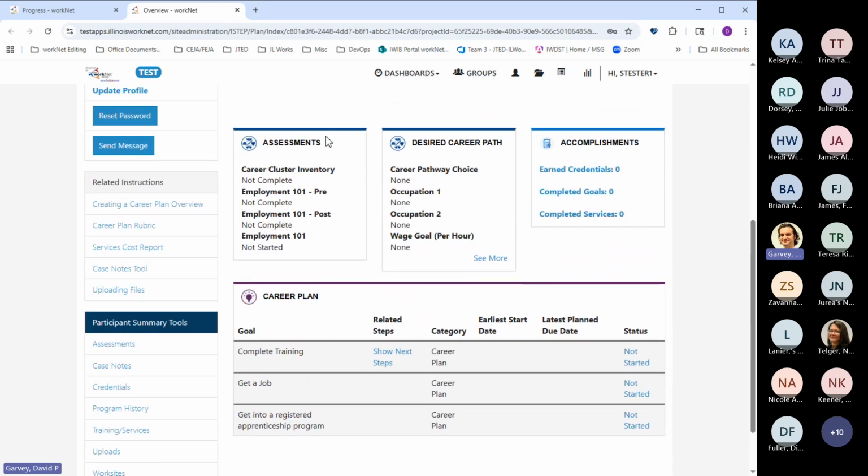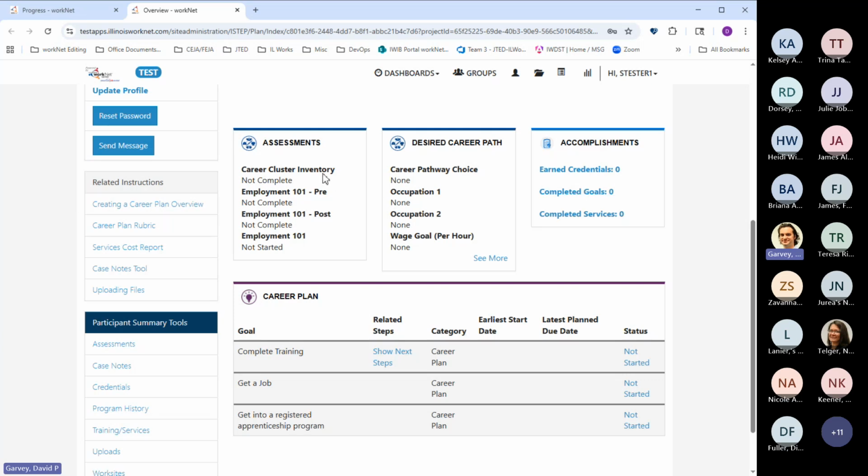But then below, we have a section for assessments and desired career path, and these are tied to some assessments and also some tools that we have within Illinois WorkNet. Anyone who has a WorkNet account can complete the career cluster inventory to see what kind of career they're interested in. If they complete Employment 101, their statuses will pull through here.